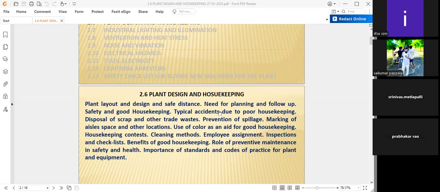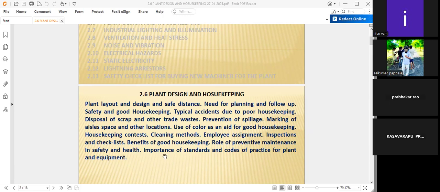Typical accidents due to housekeeping, disposal of scrap and other trade waste, prevention of spillage, marking of aisles, meaning walkways, corridors, balconies, etc. Space is important in other locations. Use of color code as a need of good housekeeping. Housekeeping contests also, cleaning methods, employee assignment, inspections and checklists, benefits of good housekeeping, role of preventive maintenance in safety and health,